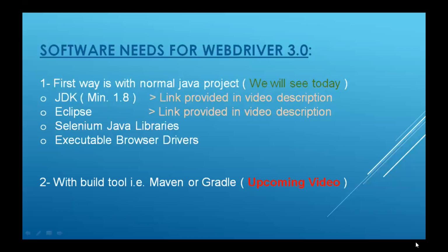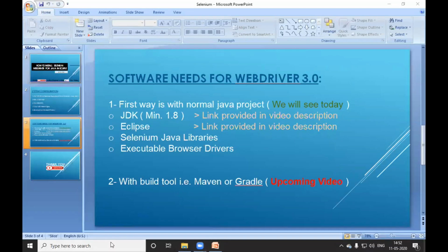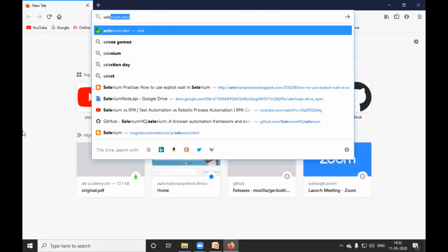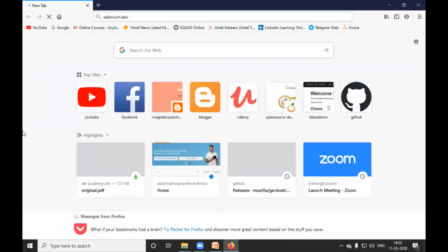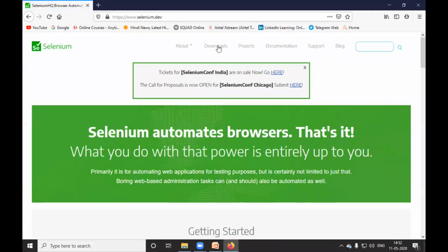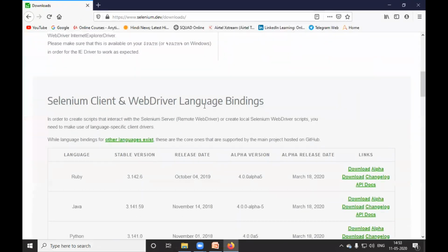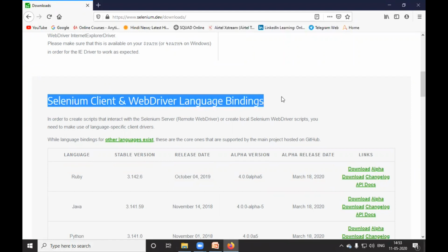So let's see from where you can download Selenium Java libraries and executable drivers. I will open my favorite browser and go to the official website, Selenium dev. I will provide this link as well. I will go inside Download, go a little down and find the header Selenium client and WebDriver language bindings.